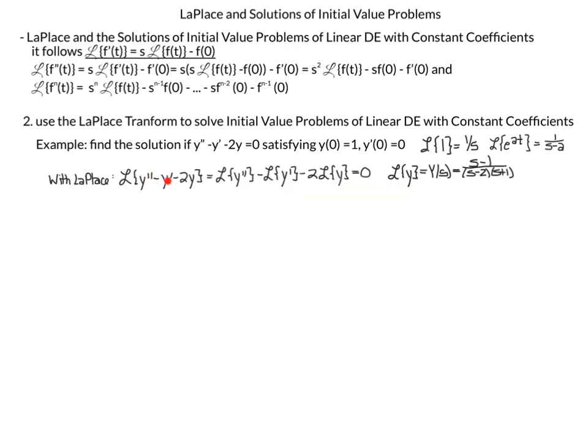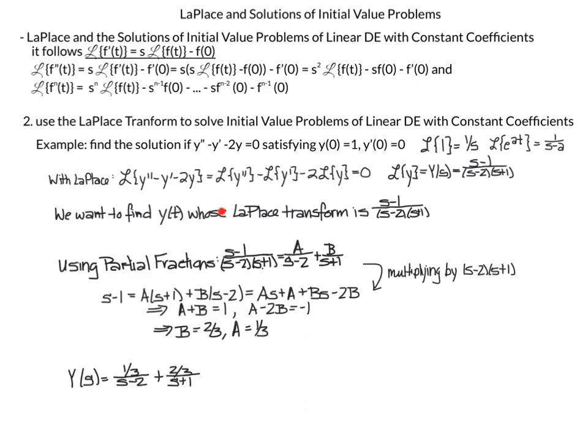So this is great if we wanted to know what the Laplace transform is, but what we wanted to find was y of t, whose Laplace transform is s minus 1 over s minus 2 times s plus 1. I haven't told you how to take the inverse, but what we are going to do